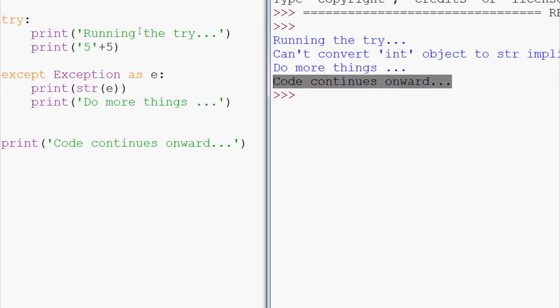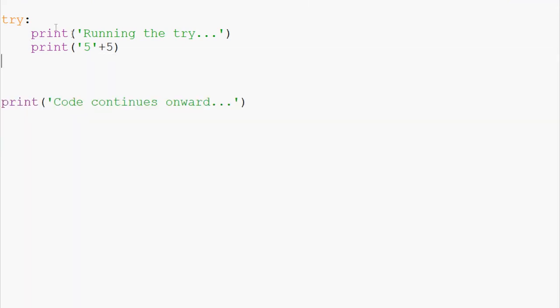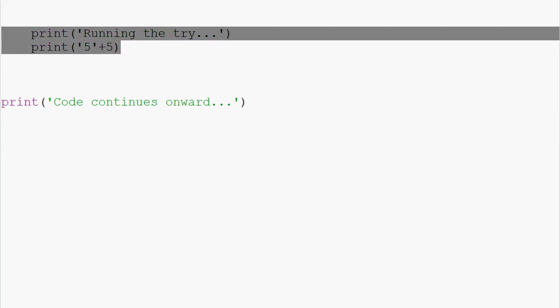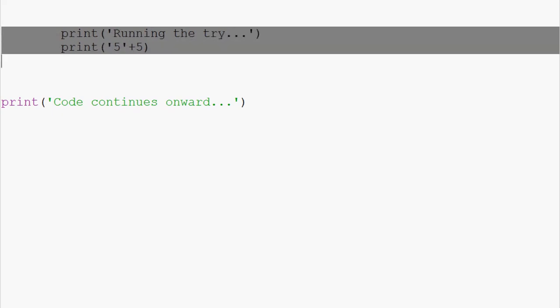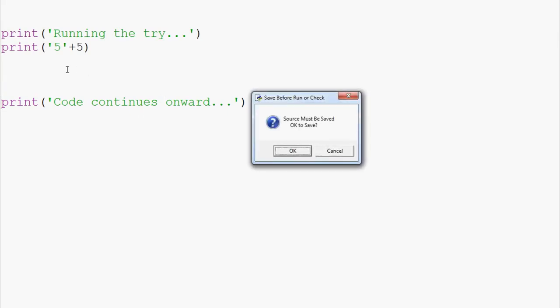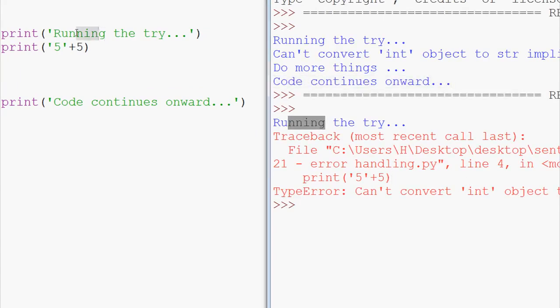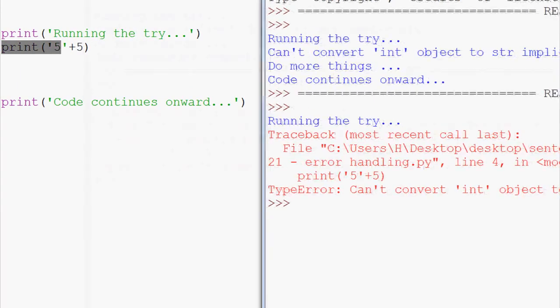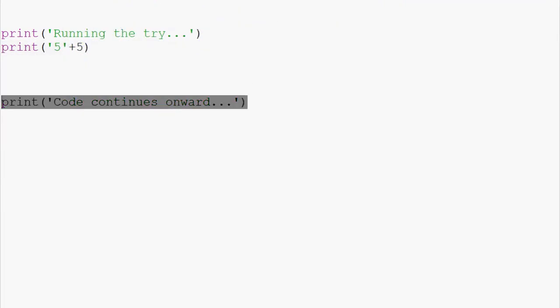So we got that exception, okay, that's fine, but we continue on, because otherwise, if we say, let's just delete this and this, we can highlight this, and I believe I talked about how to shift a block of code over, you can highlight it and hit tab, right? Or you can hold control and then the opening square bracket, and that will shift things over for you to the left. You don't have to do this, but you can just watch what happens here. But if we run this without the try and except, we run the try, we're trying to do this, but then it fails and we're given this type error, and the code does not continue onward. So we've stopped. And that's the detrimental part of all this. It results in catastrophic failure.